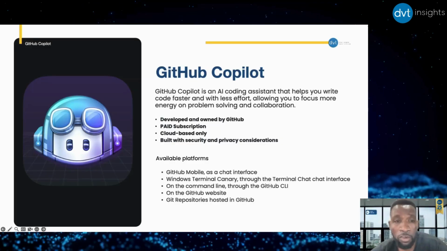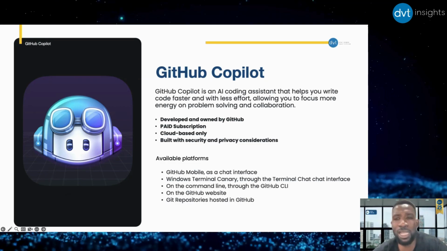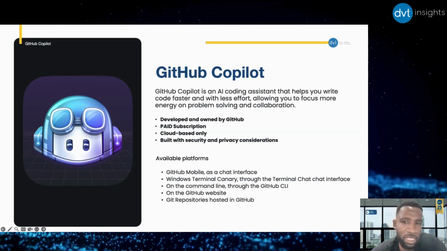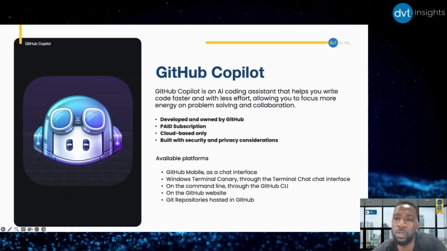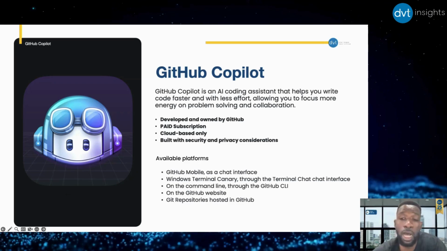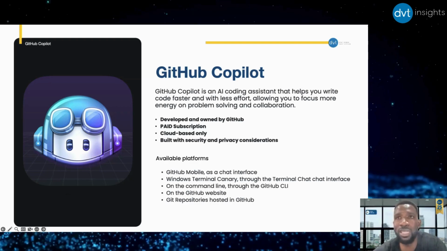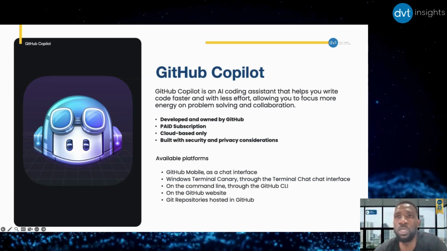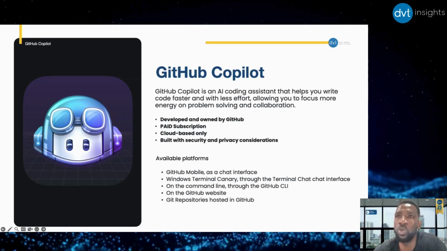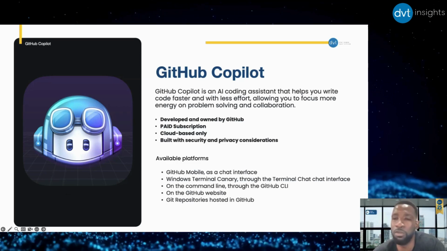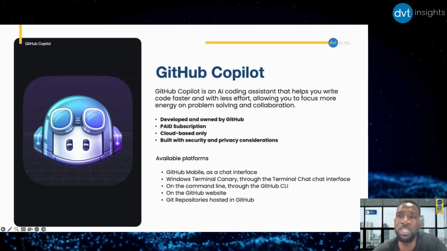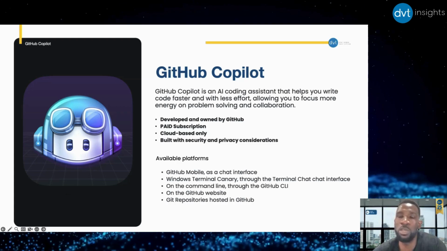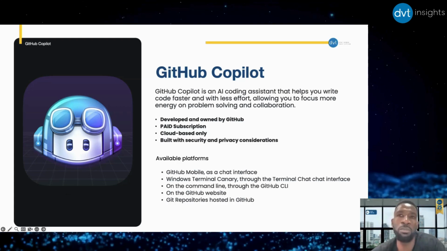Now, it's developed by and owned by GitHub. And that's very intentional. I'm mentioning that so that you understand that it's not developed by the custodian of either iOS Swift or Android, which means that there might be a lag between what the model was trained with compared to what the SDK has as available features. So you might find yourself interrogating GitHub Copilot about a feature that it is not yet aware of. That is worth keeping in mind.